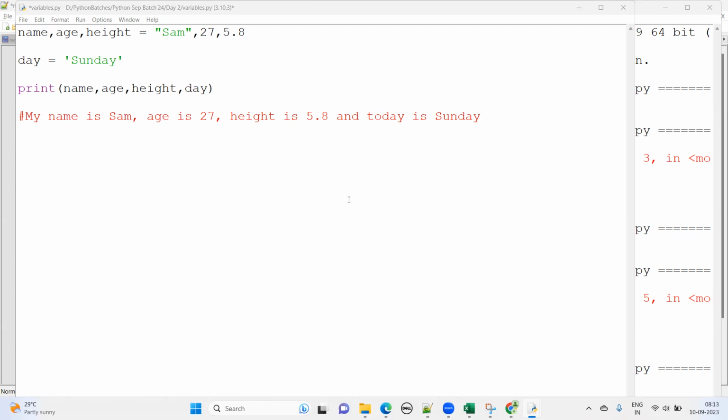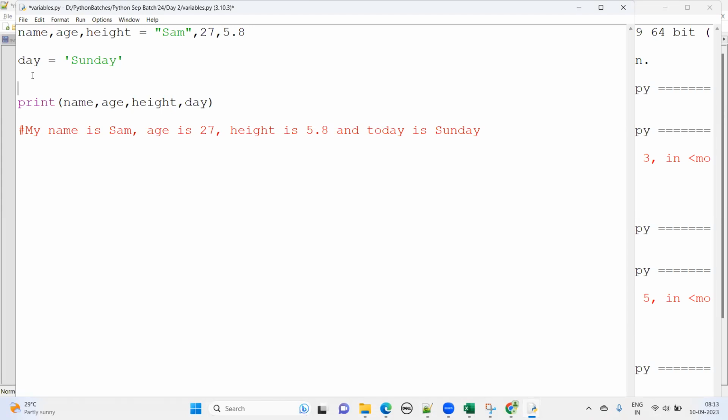Using quotation marks. We can have these as string variables. Like my name is Sam, age is this. Okay, I will show you how. So inside this print statement, what we can do. Let's say we declare one variable a, and here I'm declaring this my name is. Okay, this is one variable. So what I can do, I can put it here. So it will print this my name is, and then it is going to print this name. Okay, so if I run this now,